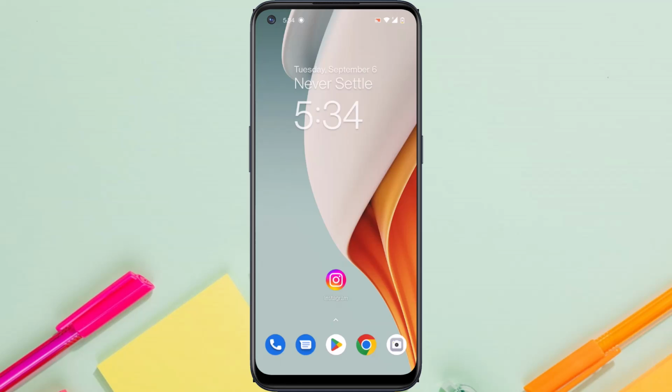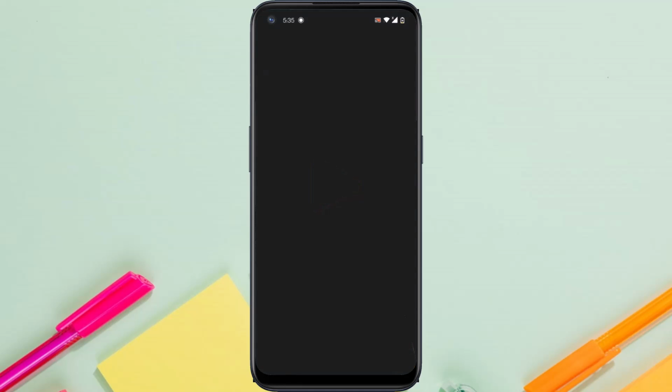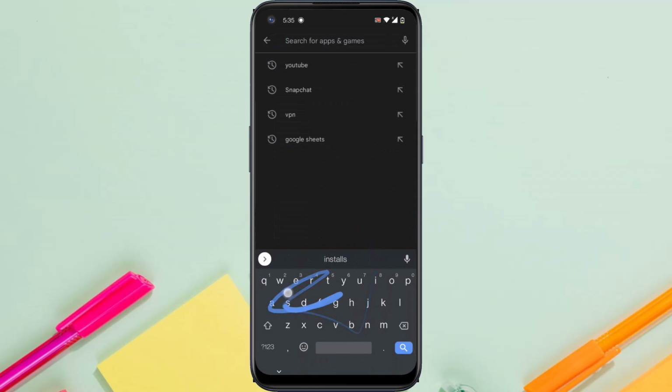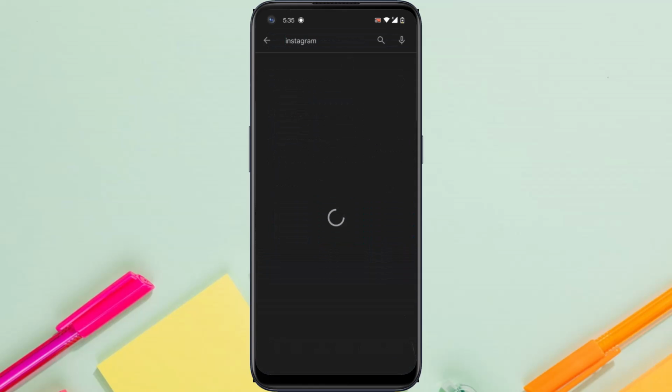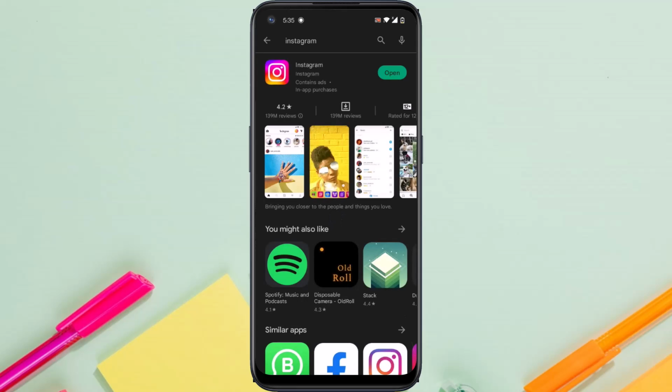So the first thing you want to make sure is go to your Play Store or App Store and then search for Instagram. Now make sure your app is up to date, and if your app is not up to date, it will show an option named update, so tap on update. Now once your app is updated, try using the music feature on your story, and if it still doesn't work,